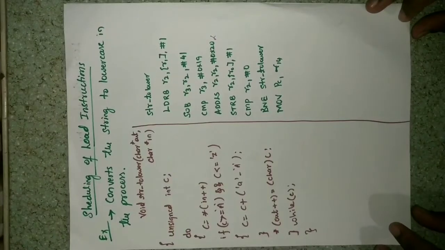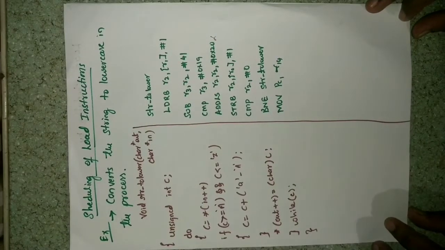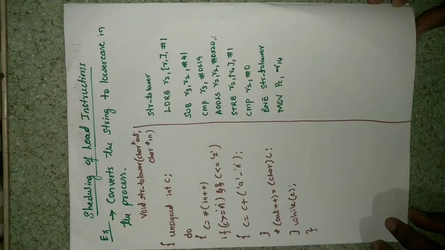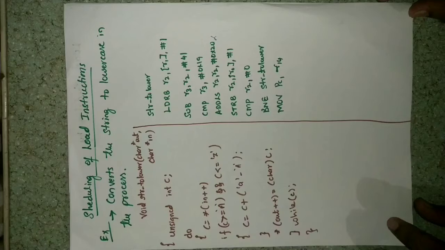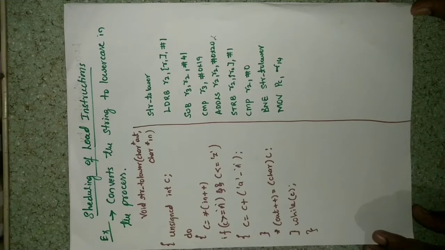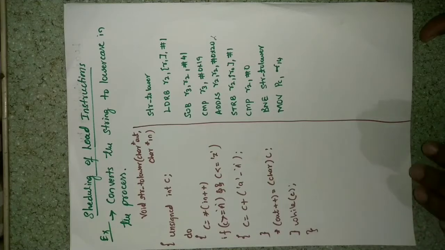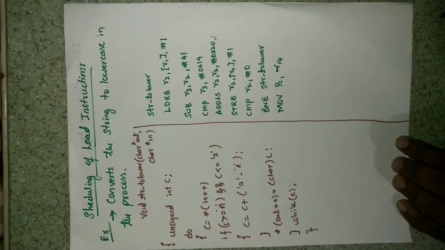Hello everyone. In the last video section we studied one of the methods or tools used in the optimization of writing assembly code, that is, scheduling of instructions. In the scheduling of instructions, we discussed how the instructions operate in a pipeline, that is a 5-stage pipeline, with 5 different operations of the pipeline.